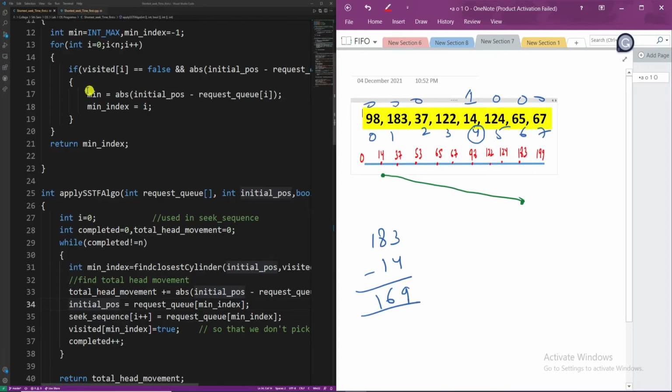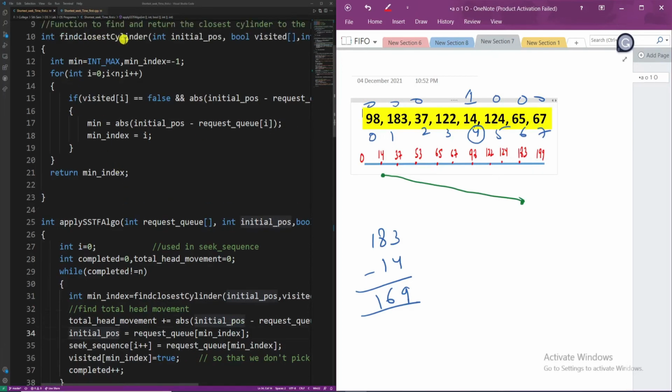So when you come to find closest cylinder with initial position as 14, you go from I equal to 0 to n, but you will not do the subtraction unless visited of I is false. For visited of position 4, we will have true, so we will not do the subtraction of 14 and 14, because 14 is serviced.